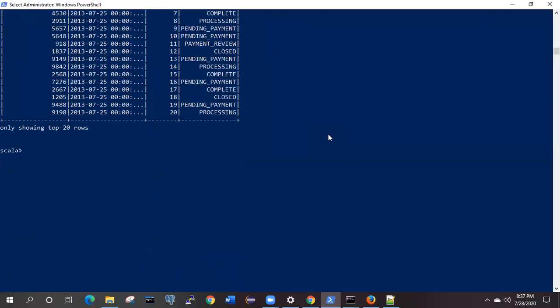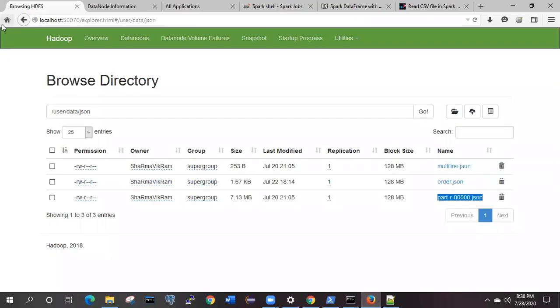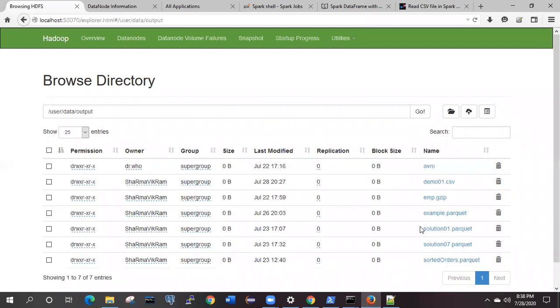Now a question will come: how are we going to write the data? So suppose df3 is having my data. Now we need to write this data. This is the syntax: df3.write, and in what format we are going to write, we are going to write in JSON format only, no need to change anything. Now what changes we have to do over here: we need to provide the output folder location where it should write.